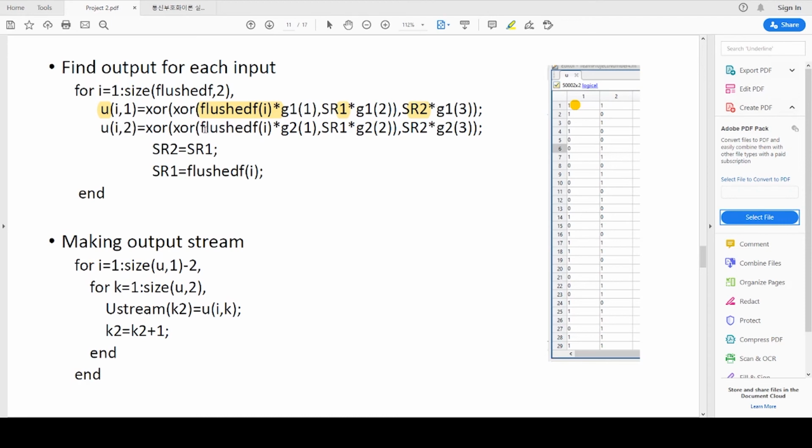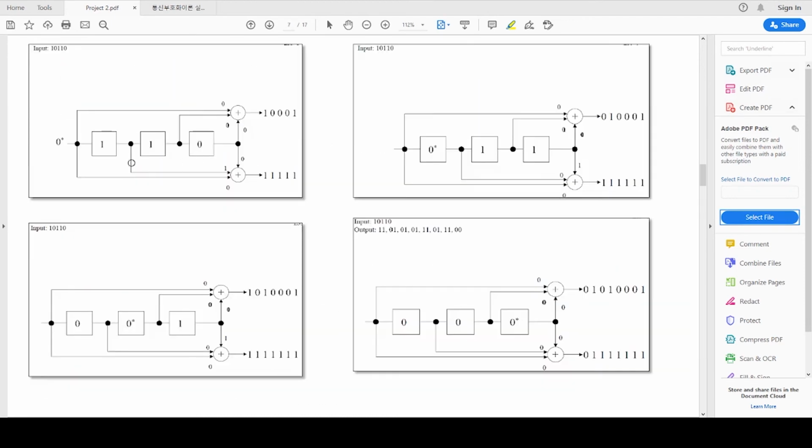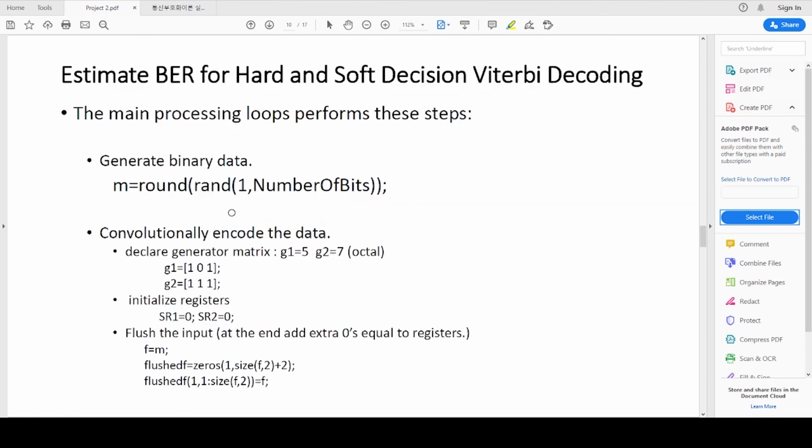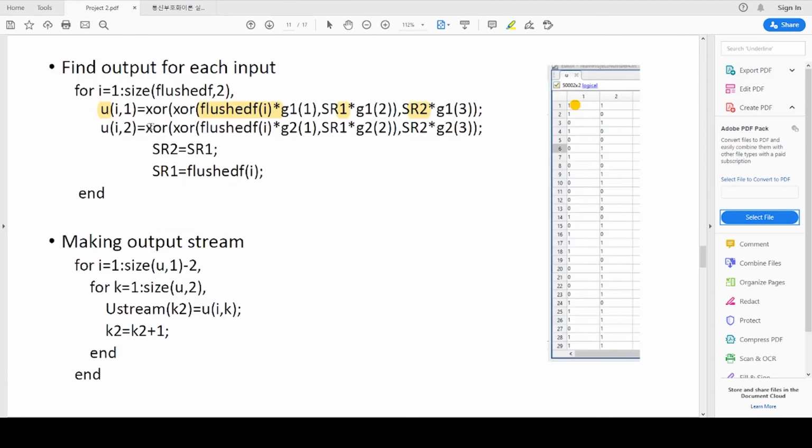Again this is my input value and it goes through the second generator sequence and gives the output value. So this is the MATLAB code for calculating the second output value, and we store it in the second column